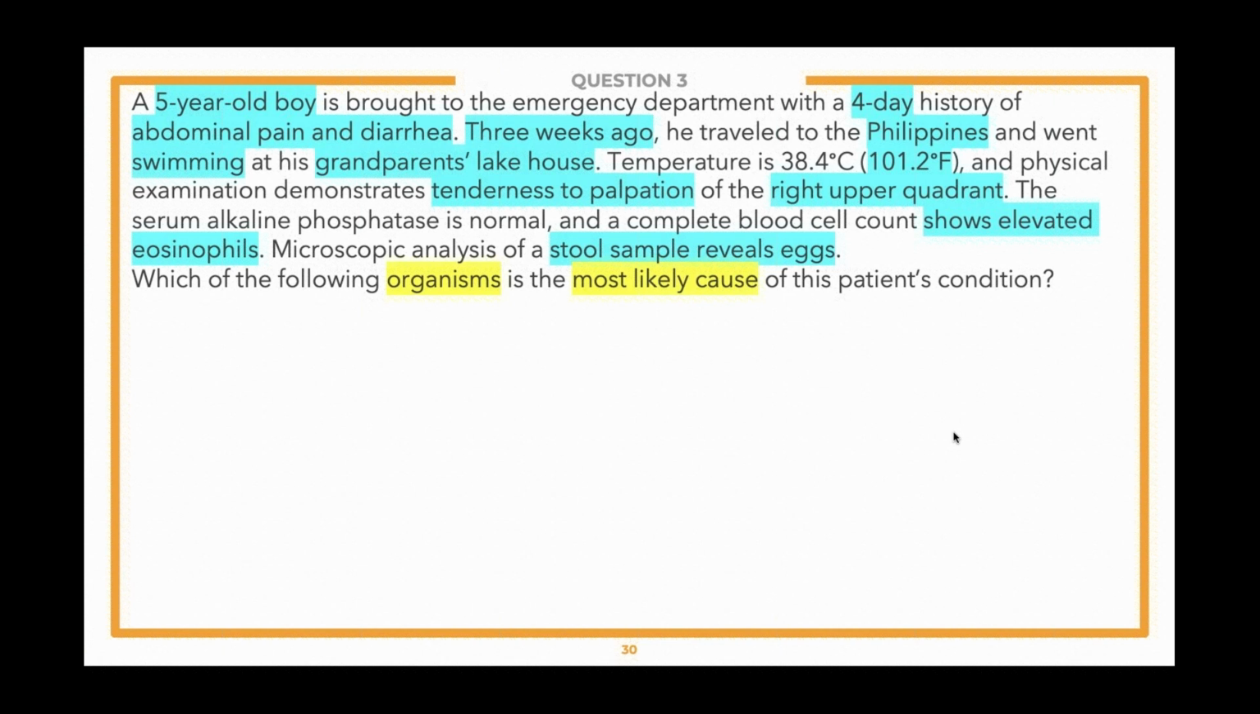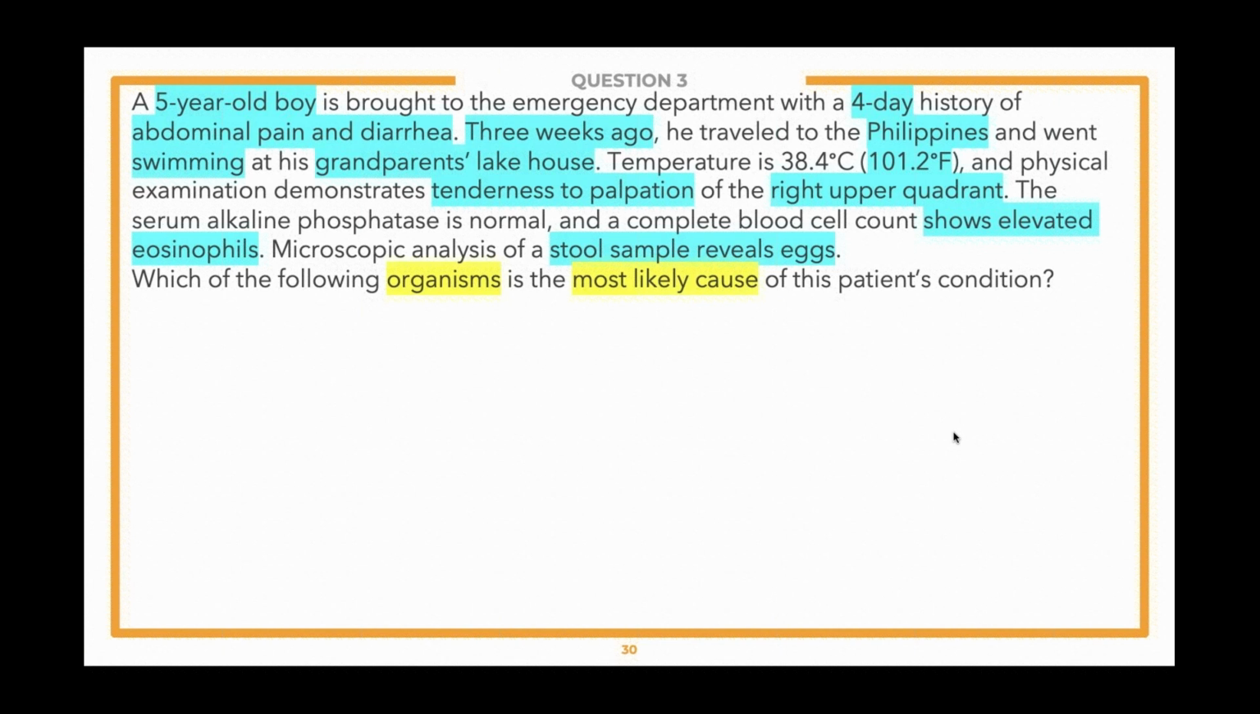And we're told it's been going on for 4 days, so a little bit of an acute nature here. Again, we were told about some travel history, some exposure history, vital signs, physical exam findings that are abnormal, okay? You want to make note of that. You want to make note of anything that could clue you in as to what's going on in this question,